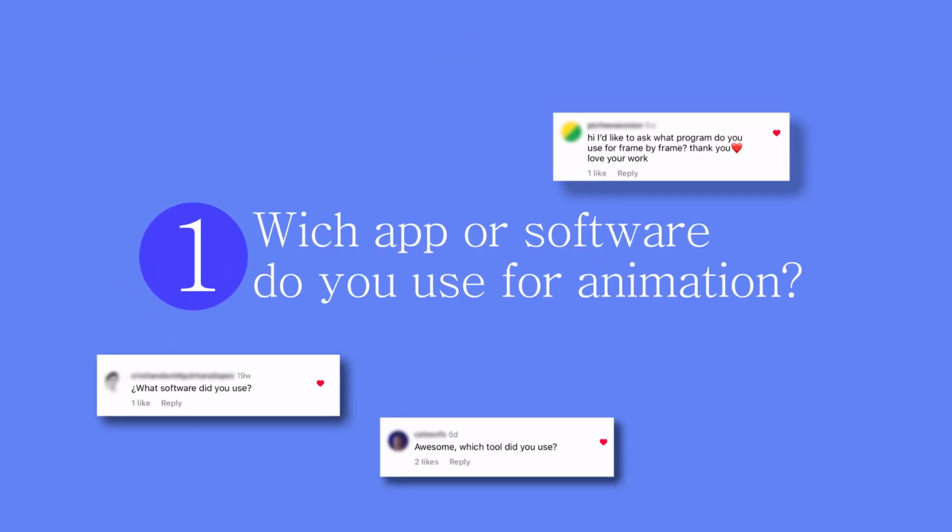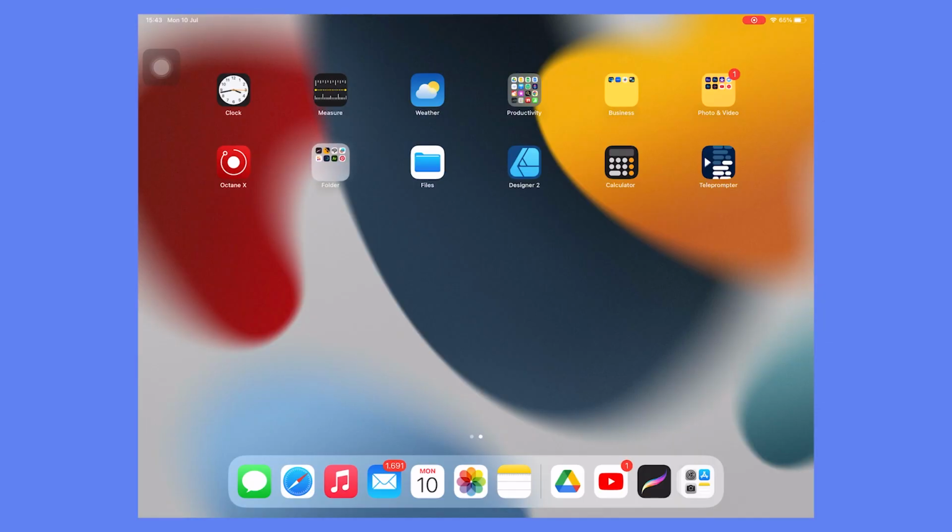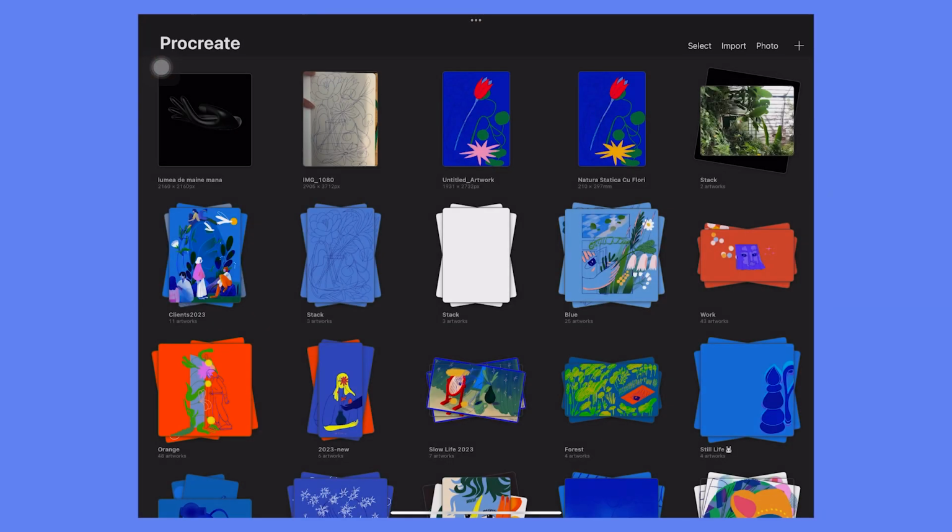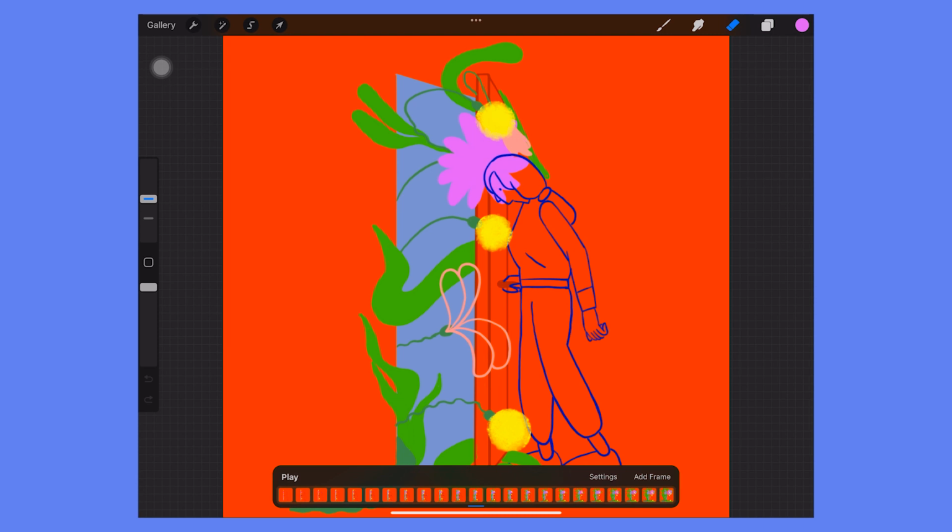First question: which app or software do you use for animation? So, when it comes to creating an animation, I like to have a variety of options in my toolkit. That's why I use a range of different apps and software depending on what I want to create. For example, if I'm working on a frame-by-frame animation,